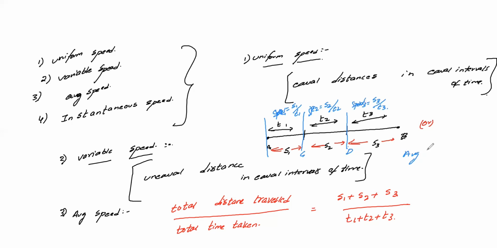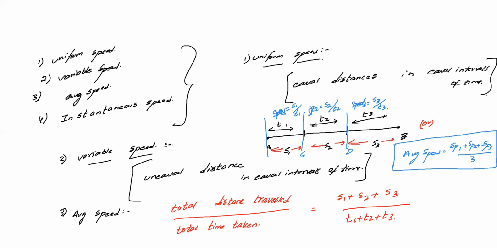So the average speed can be specified as, since there are three speeds, speed 1 SP1 plus SP2 plus SP3 by 3. So it can be the average. I'm doing the normal average, but with the speeds. So these are your two formulas. Remember it. Done? Good.